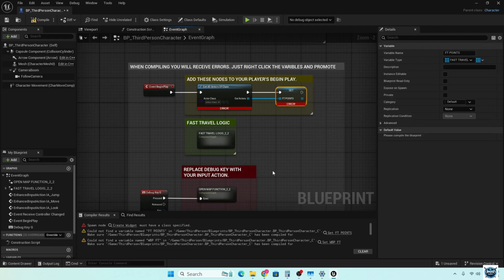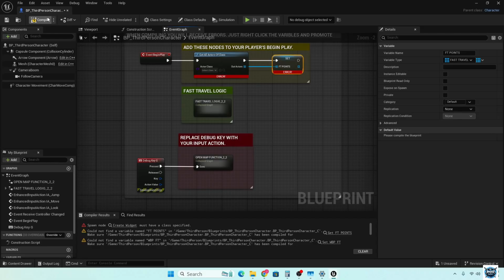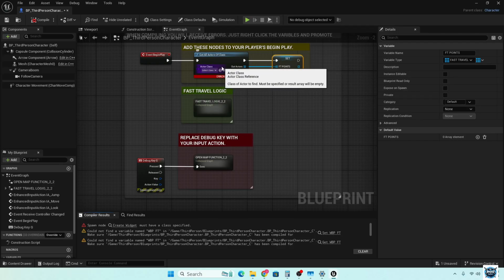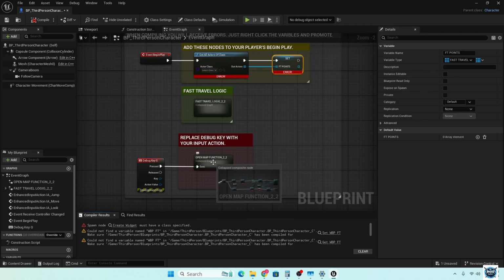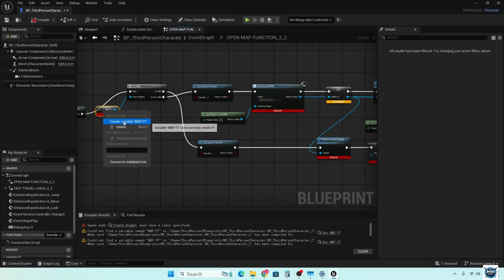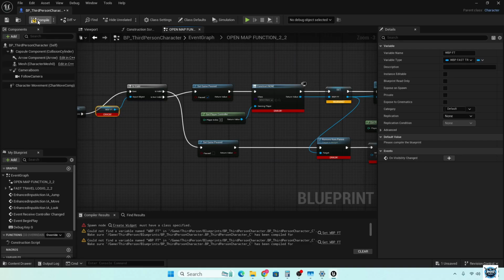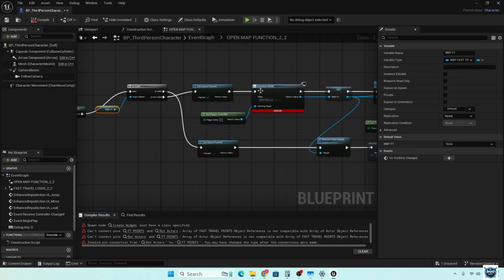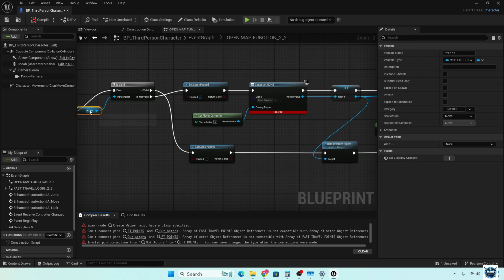Okay, and if you go down here, you can compile, and you can see here that there's still an error there. So go down here to your open map function, and the one you got to do here is you got to click this one, right click, create variable, and then compile. And on your construct none, this variable we just compiled, we need to put our widget there, which is WBP fast travel,